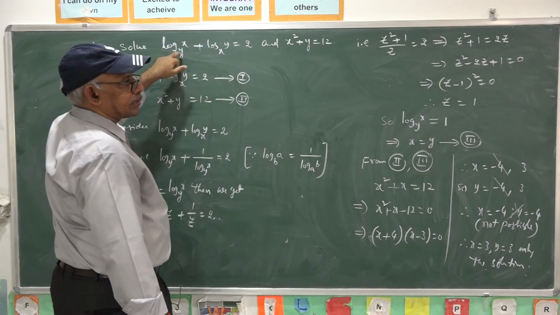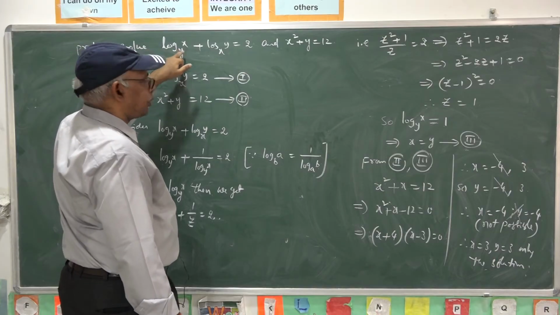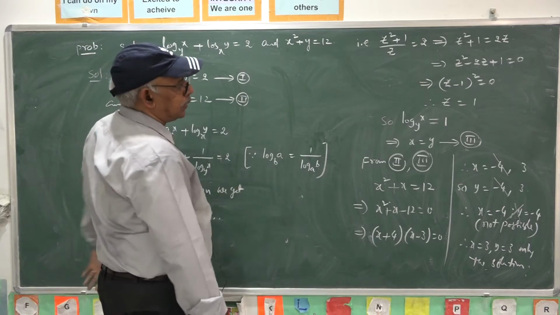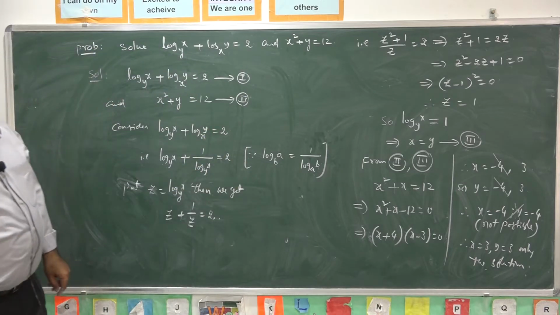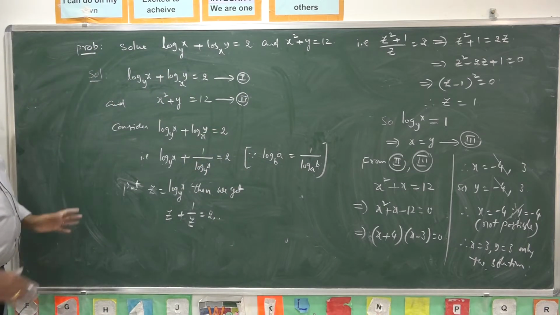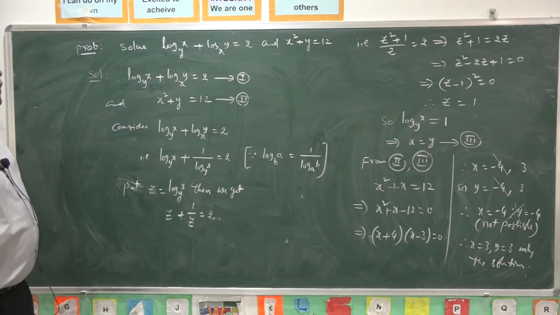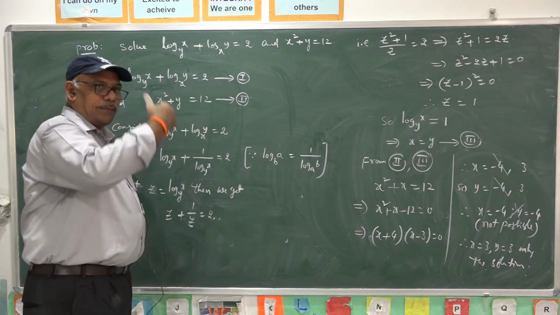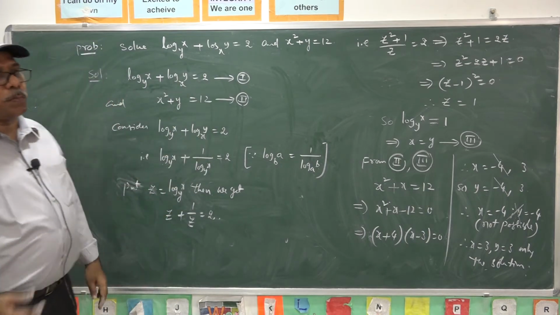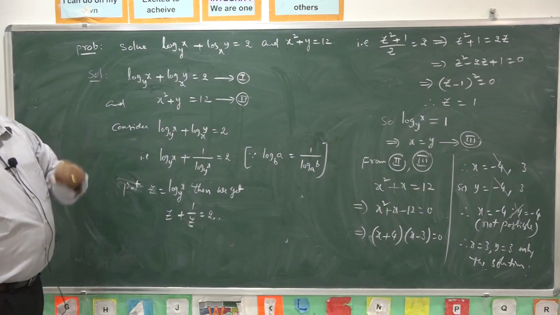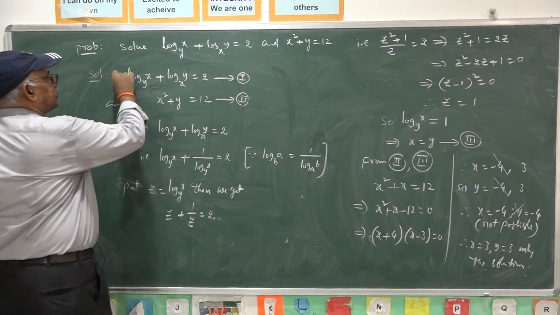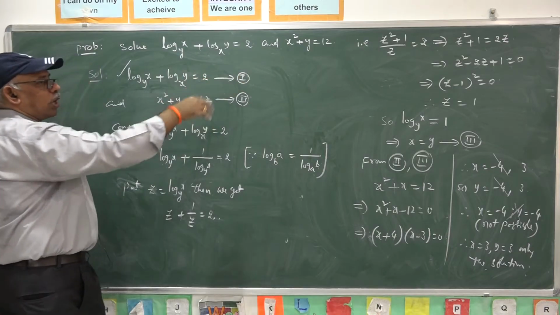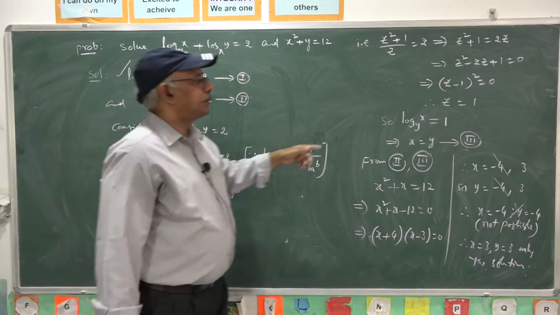And taking x and y as 3 and 3, log 3 to the base 3 is 1, log 3 to the base 3 is 1, 1 plus 1 is 2. So such problems may be asked in objective type questions. These are the problems which come under polynomial equations or simultaneous equations. So, take one equation and reduce it to quadratic form and solve it.